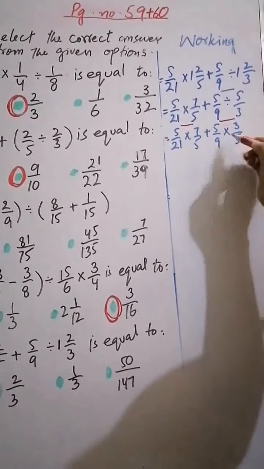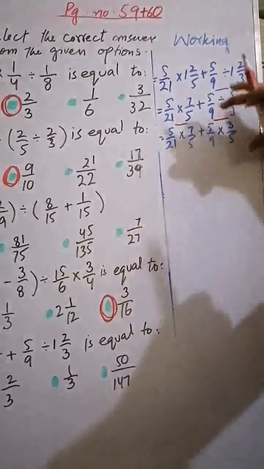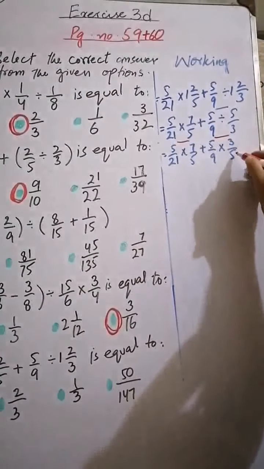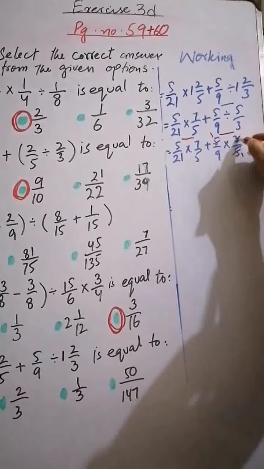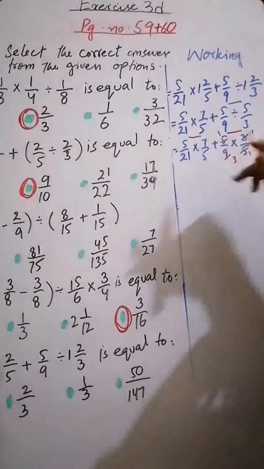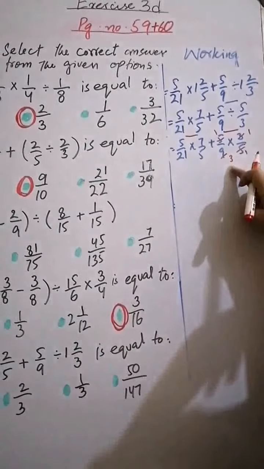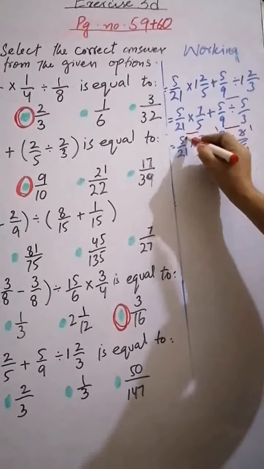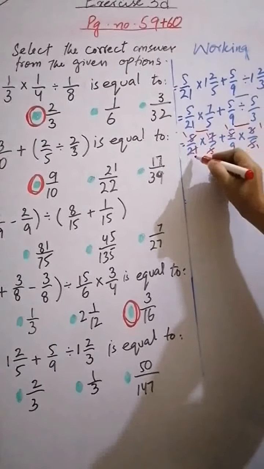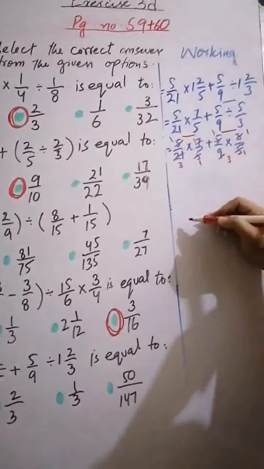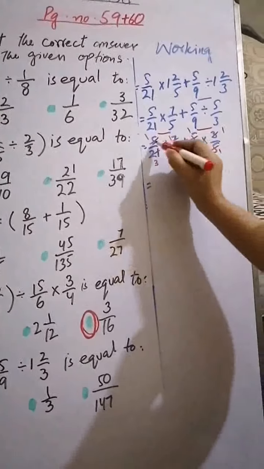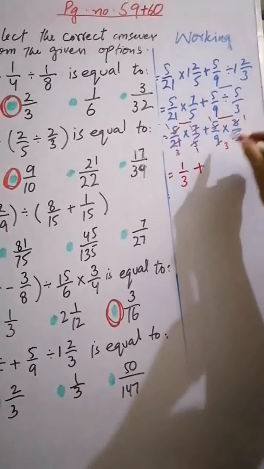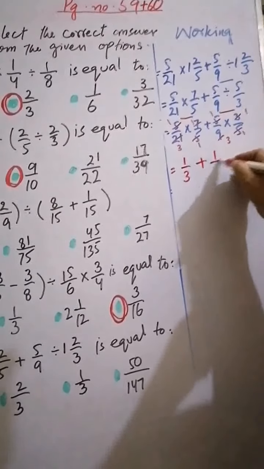Okay? ये वाला 5, ये वाले 5 से बिल्कुल कट नहीं हो सकता. We have to solve these. ब्रैकेट नहीं है, so आपको इस चीज का ध्यान रखना है. So it's 5 1s are 5, 5 1s are 5, 3 1s are 3, 3 1s are 3, 3 3s are 9. ठीक है. 3 1s are 3, 3 3s are 9, 5 1s are 5, 5 1s are 5. So same here. 5 1s are 5, 5 1s are 5, 7 1s are 7, 7 3s are 21. Correct? इन दो फ्रैक्शंस का 1 1s are 1, 3 1s are 3, प्लस का साइन, इट्स 1 1s are 1 और 3 1s are 3.